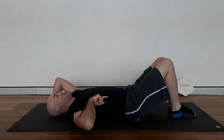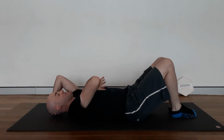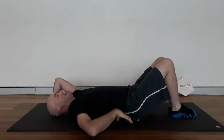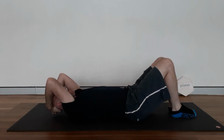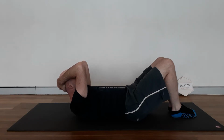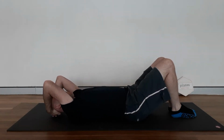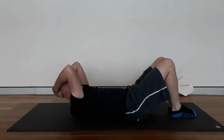So I'm thinking of trying to pull the front of my ribs down towards my pelvis this way, okay, as I'm coming back down. The lower back is staying fairly stable, and then I'm not allowing, especially when it gets hard, I'm not trying to come up too high so that I tilt my pelvis, okay? So I'm just trying to find that happy spot where I know I'm working my abdominals, just about there,